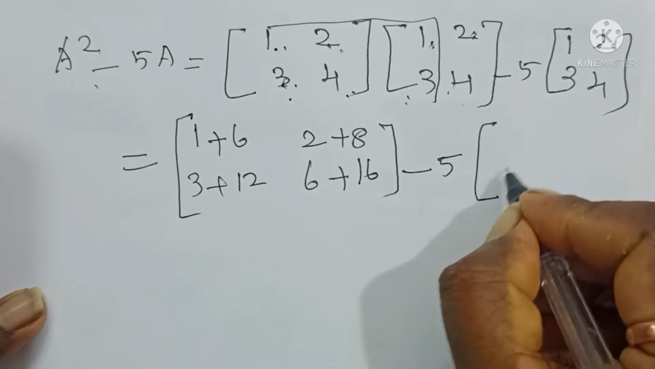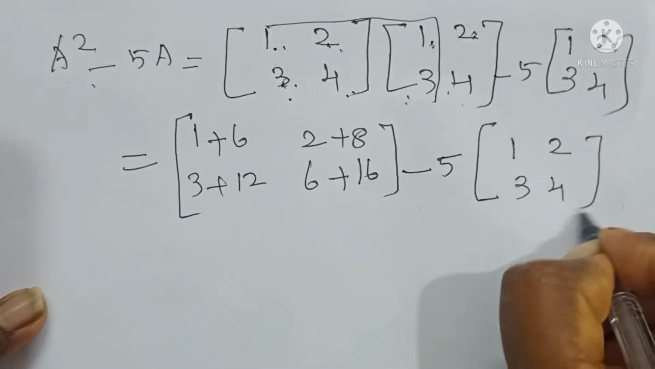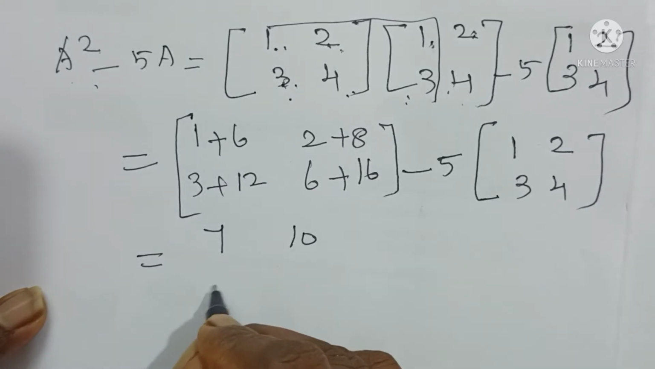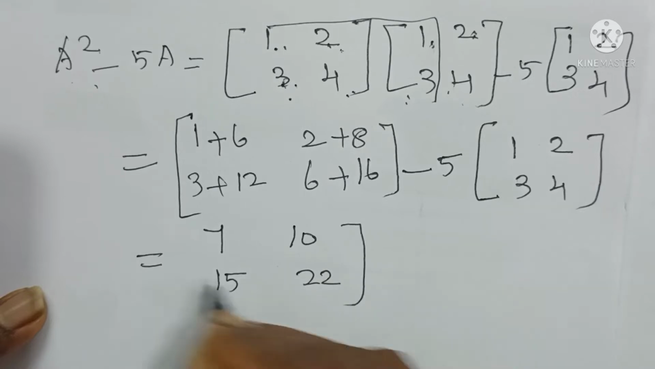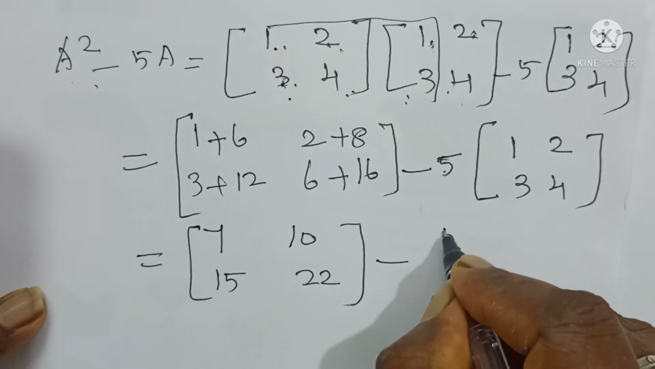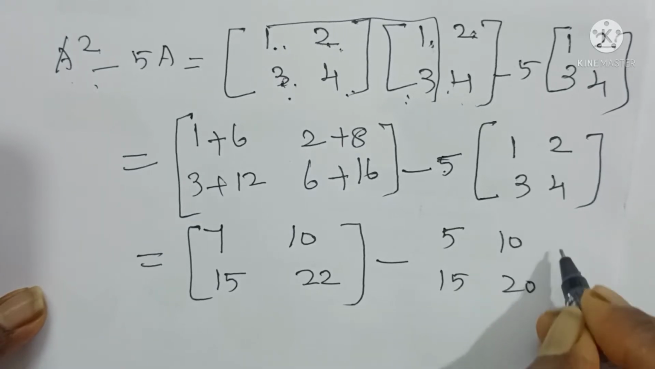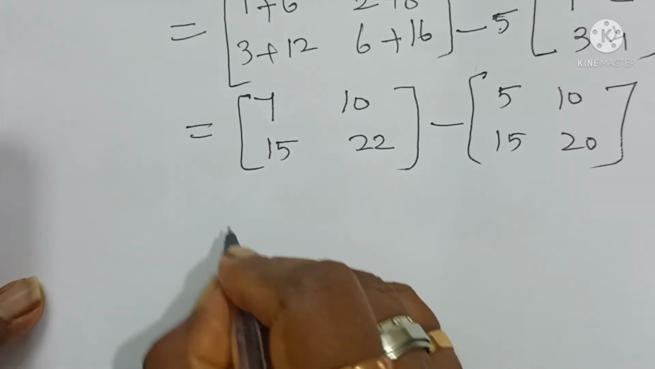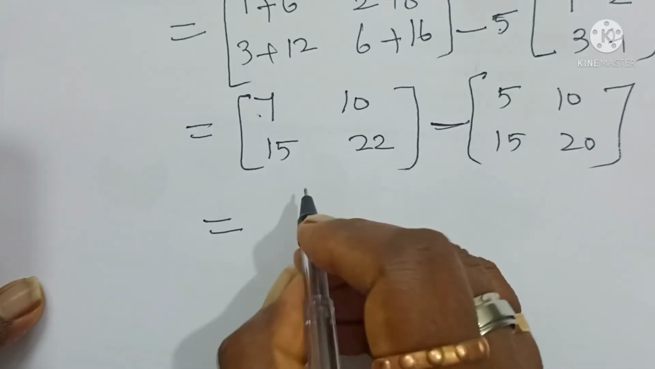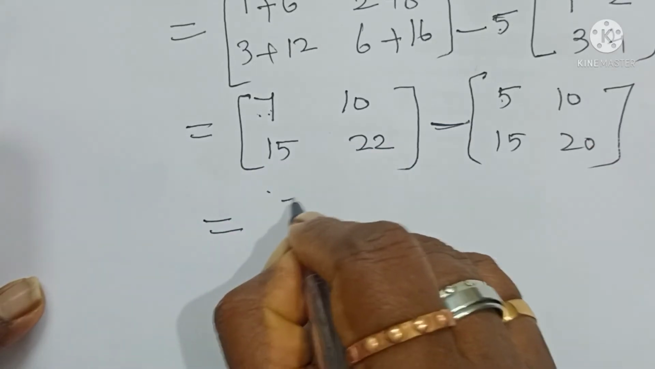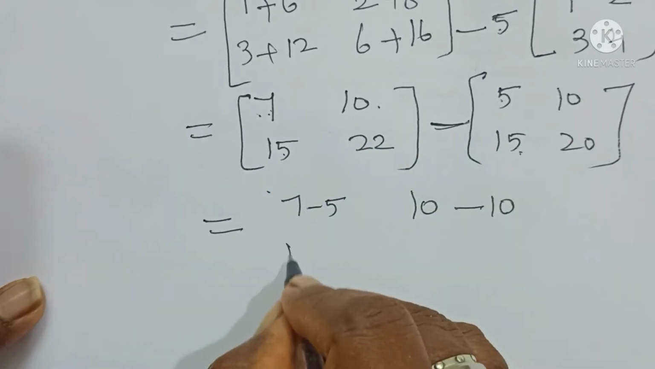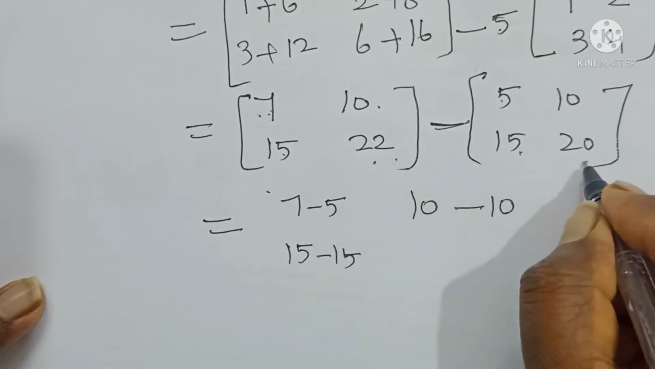Minus the same number you have to write here. Then you have to simplify this one. What is 6 plus 1? 7. Then 10, 15, 22. Minus. You have to multiply this 5 with all the numbers. So 5, 10, 15, 20. Which is equal to, here minus sign is there, correct? So you have to subtract the corresponding elements. So first here 7 minus 5. Then 10 minus 10. Then 15 minus 15. Then 22 minus